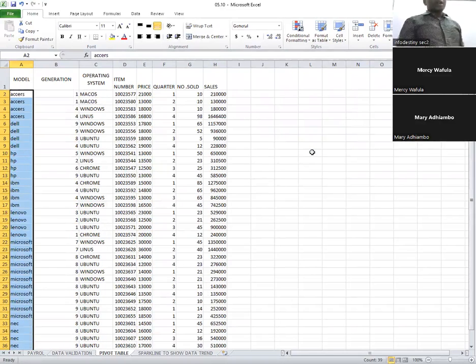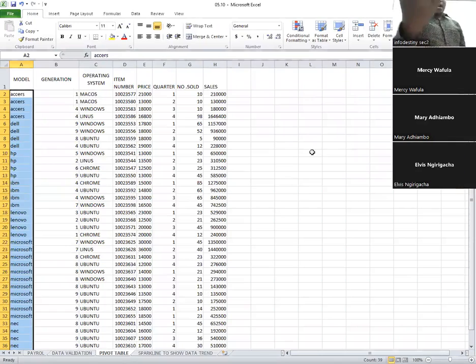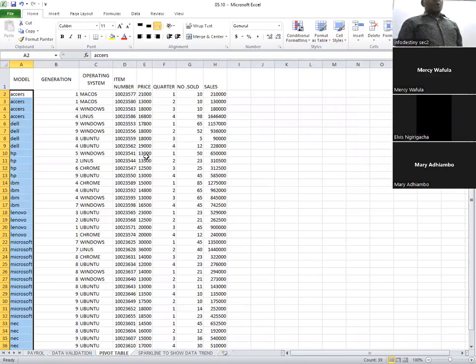If you expand, you now see that even for ESAS, the operating system is macOS, and then the item number, the price, the quarter number, and the number of items sold. So you are supposed to expand when you are sorting your data. So you know now, if I wanted the information about an individual, like about that item, ESAS, and I knew that ESAS started with